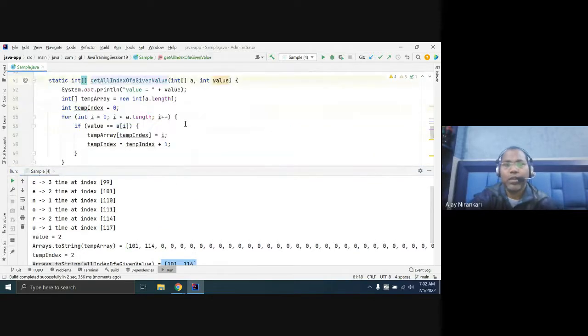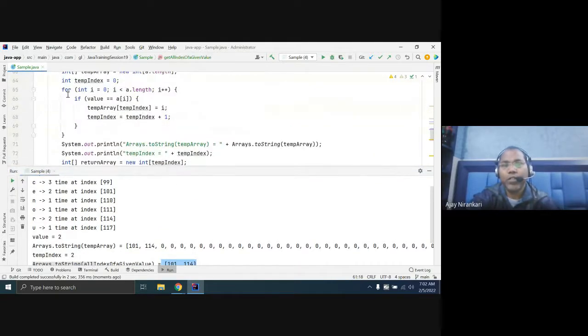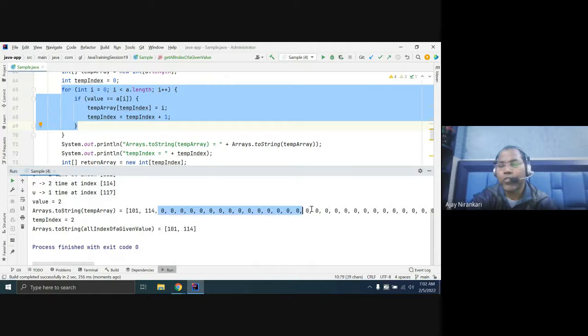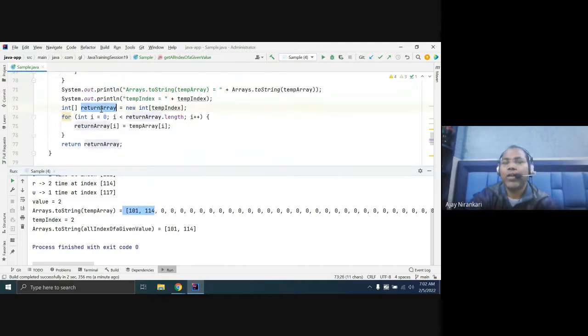Here you are just creating all matched by index, and I'm not interested in sending a huge size array. I am only interested in these two values. So I created a new return array with only two size, copied those two values and returned this new array.